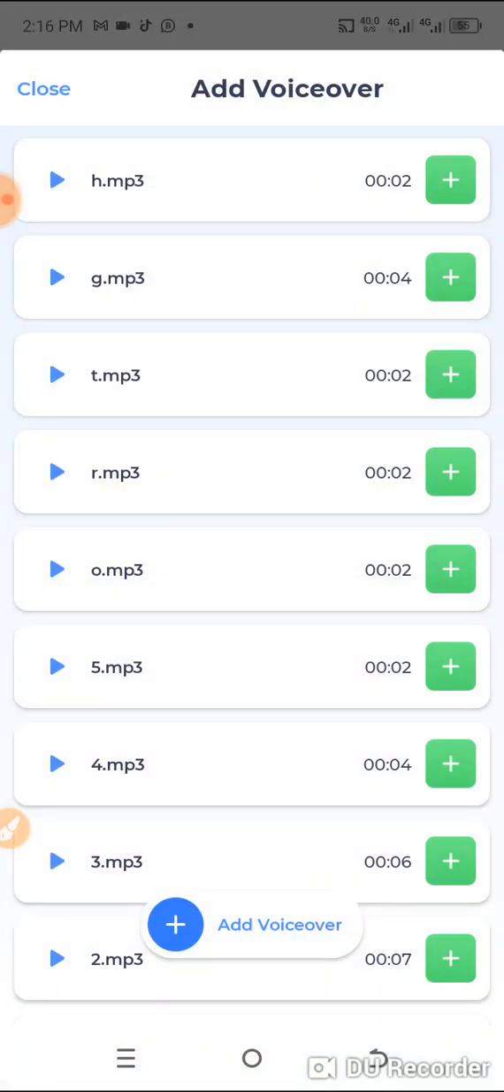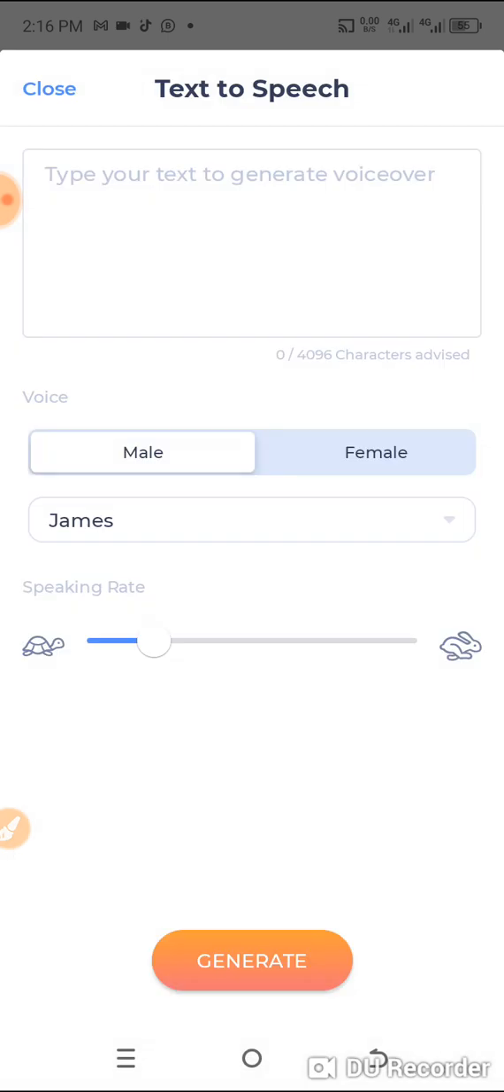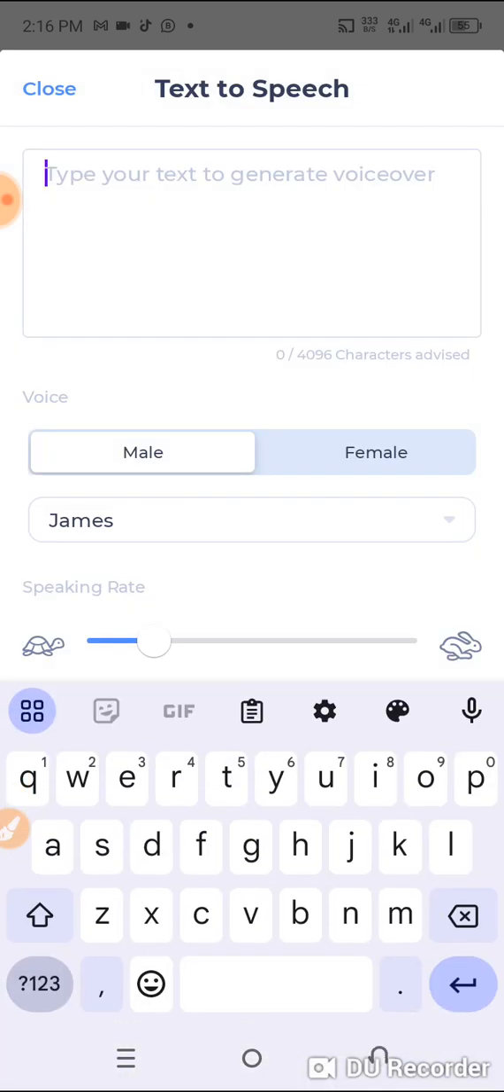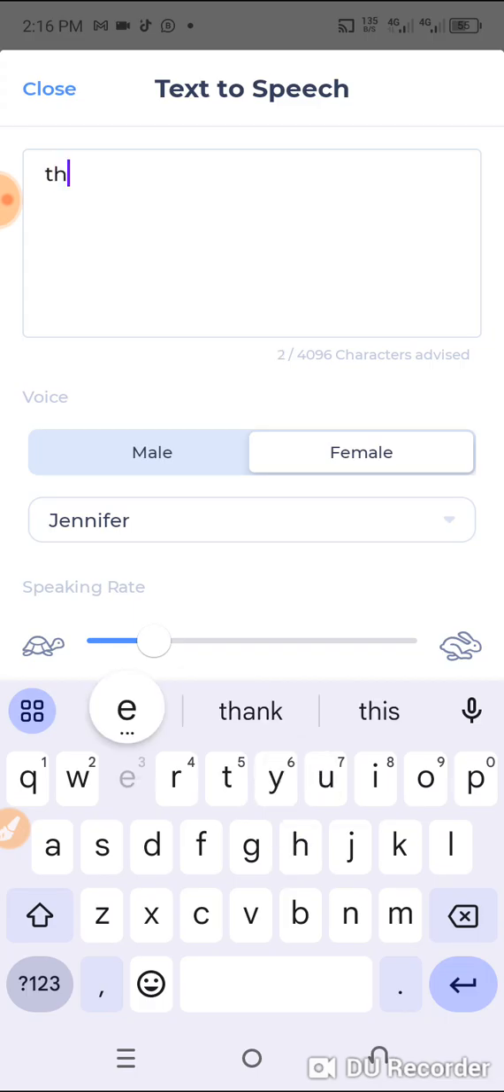Let me pause it. To add voiceover, text to speech. Let me change to female, to Jennifer. Now, text to speech: the farm is